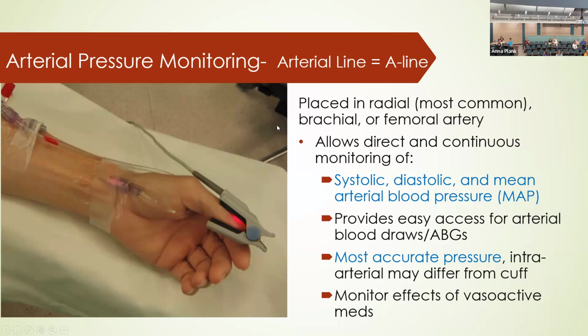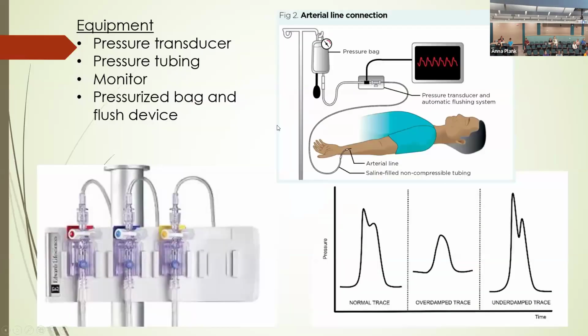Yes. How does it measure that with that line? Great question. What it does is it puts in a line that sits right in here, and it measures it with a transducer. So what you do is you set up a pressure bag so that we're not infusing. We don't put anything through this line, but we have equal pressure in that bag, and it reads against the pressure in the artery. And when it is zeroed correctly, meaning it is lined up,